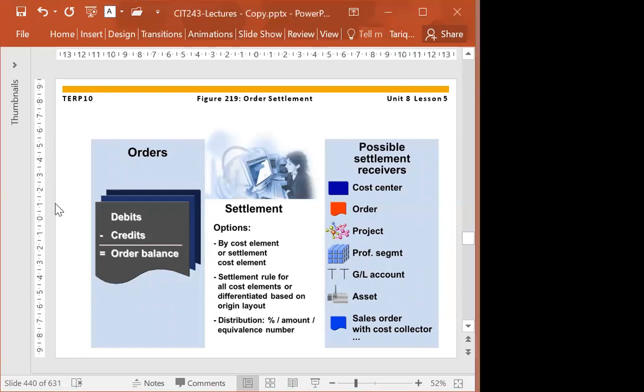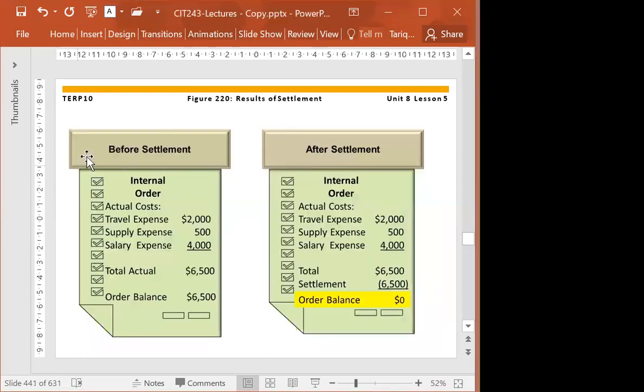Now, once you do the settlement, if you see, this is before settlement, all the cost on the internal order, we are collecting all the cost. And the total actual amount is 65,000. And this is the balance. Now, once you settle the cost, then the balance will be 0. The total amount before is 65, settlement amount is 6,500, and the balance is 0.